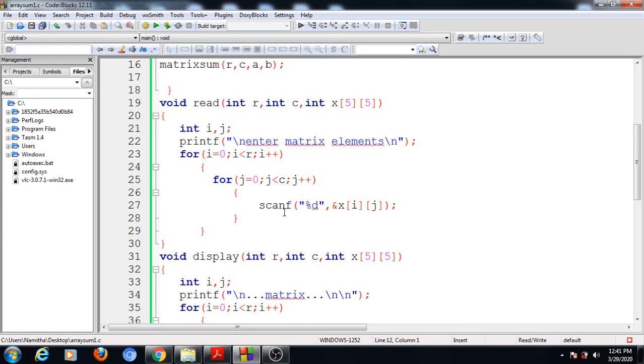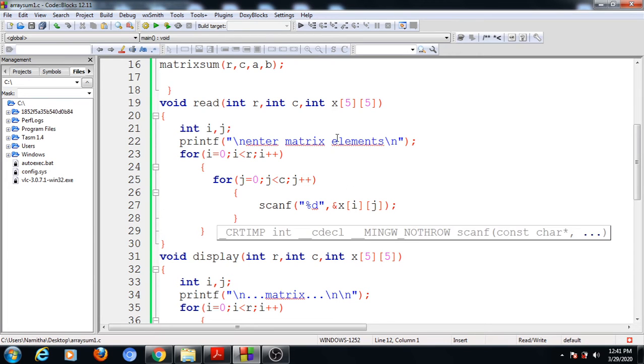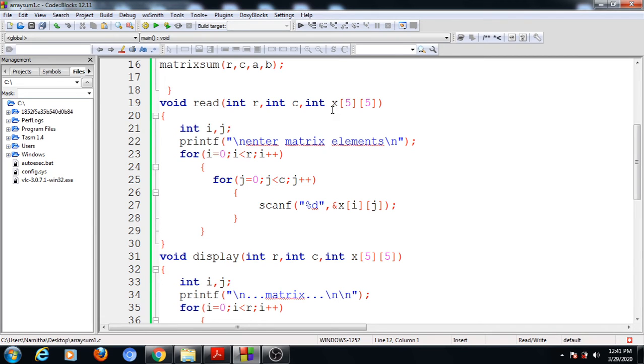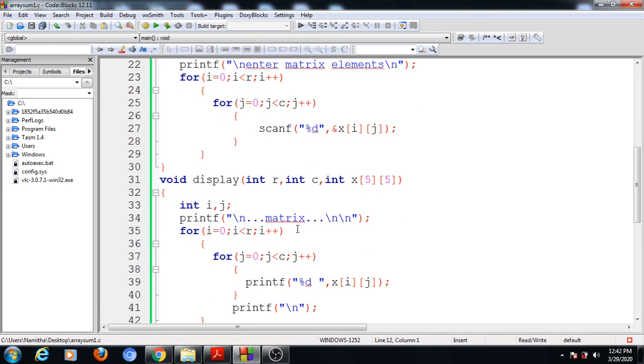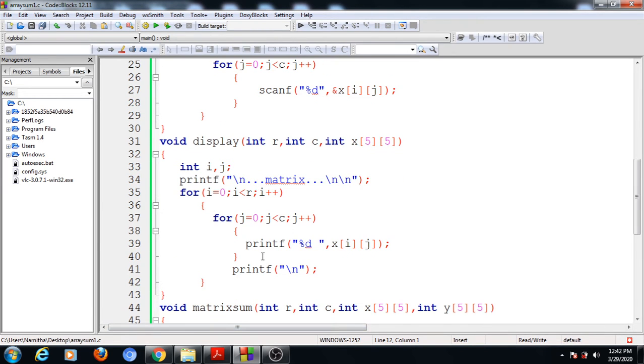Okay, so using this we can scan from keyboard and initialize each and every location of our matrix. This R, C and X are considered formal parameters because they are present inside this function definition. And for the display function, this is used for displaying the elements in matrix form. Using this read function and this display function, we can display the elements in matrix